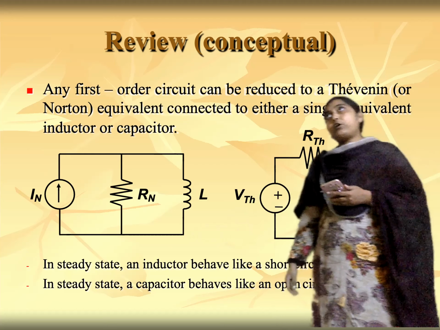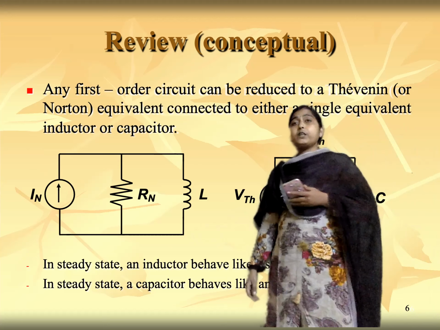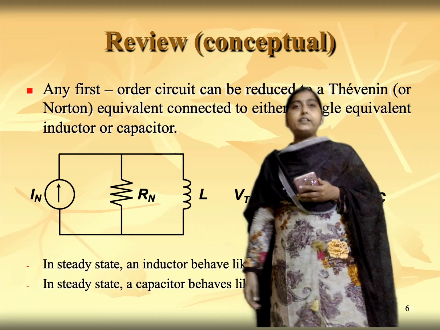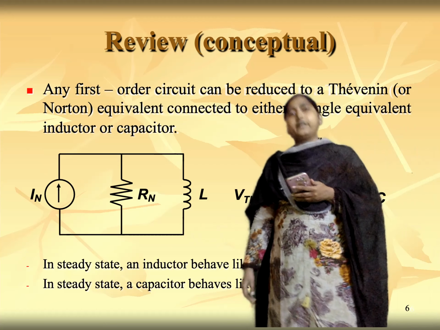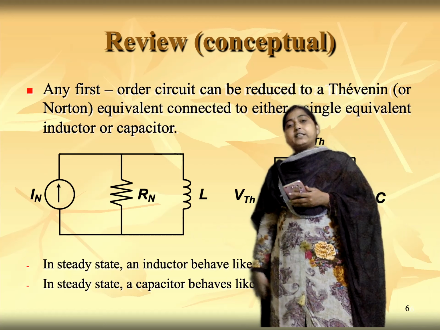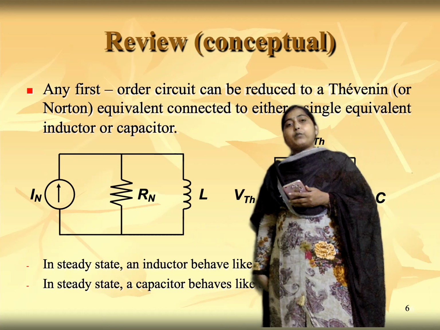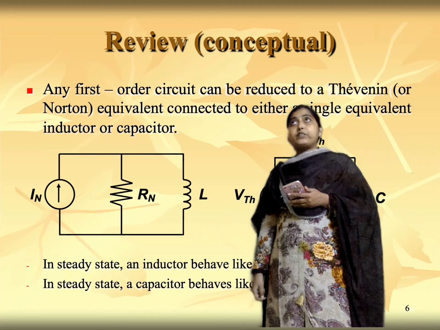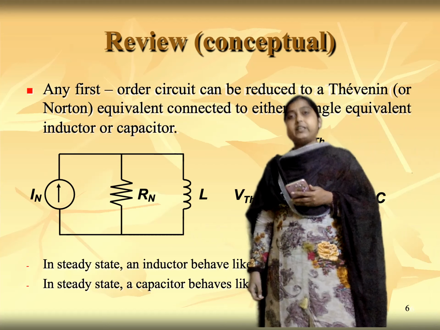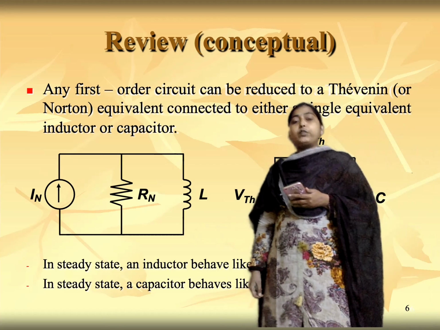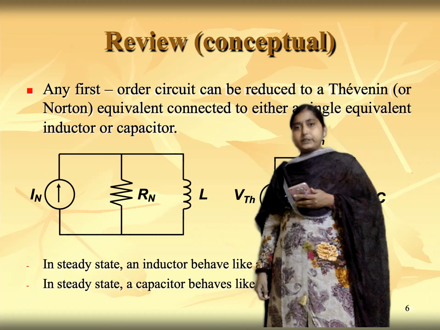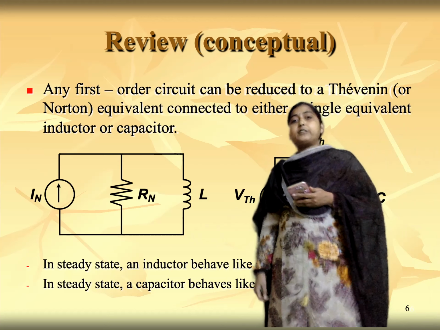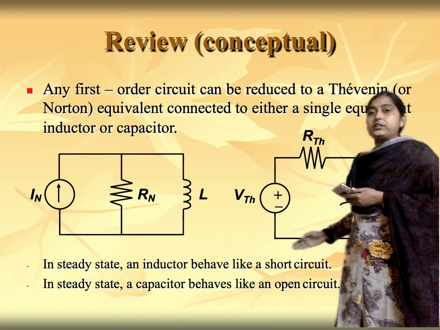Normally what happens here is, we know that the voltage across an inductor can be written as V is equal to L into di by dt. So under steady state condition, the I value will become constant. So voltage across the inductor V will be equal to L times the derivative of current, di by dt, which will become 0. So voltage across an inductor will become 0. Hence, under steady state condition, the inductor behaves like a short circuit.